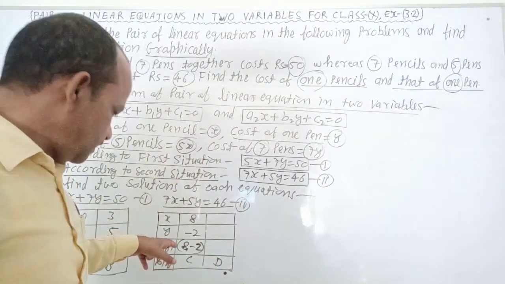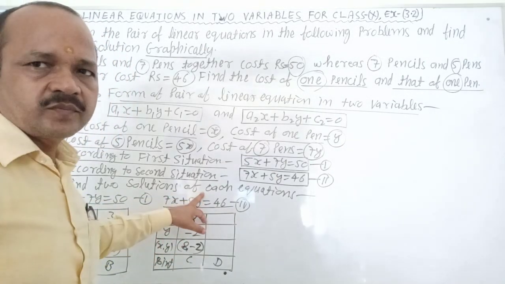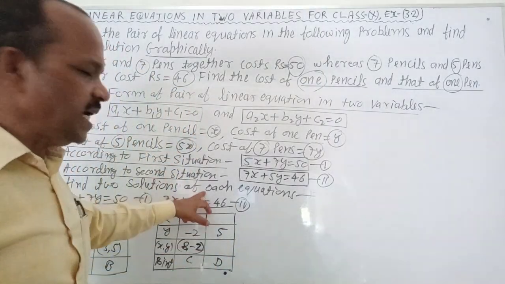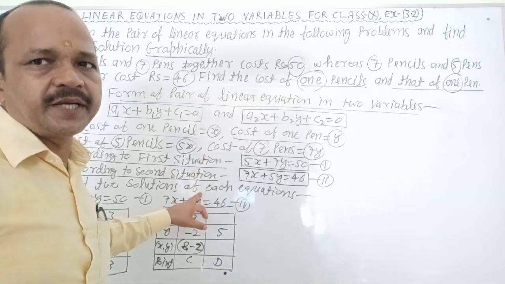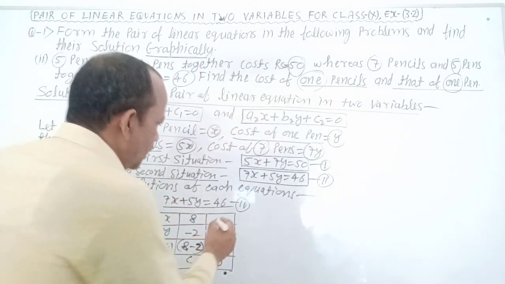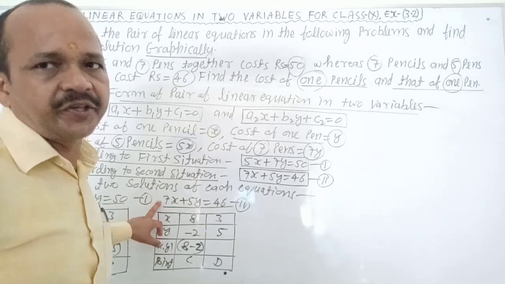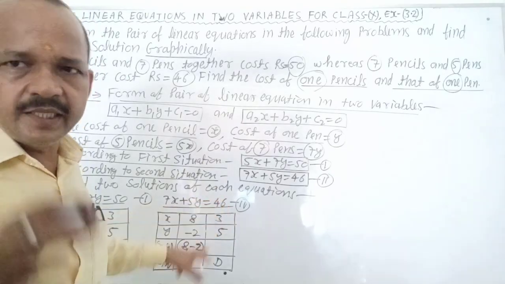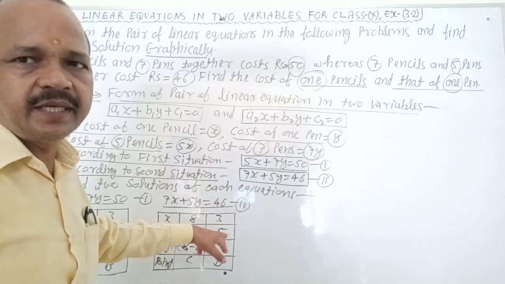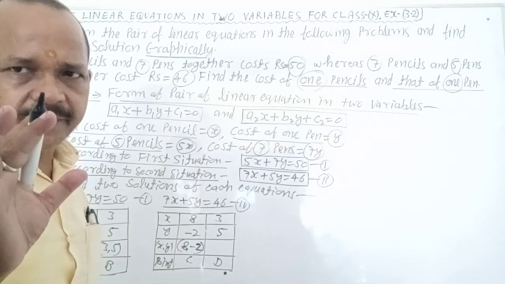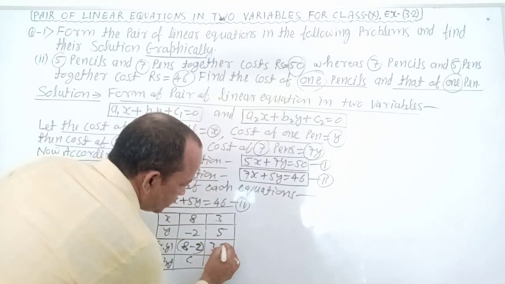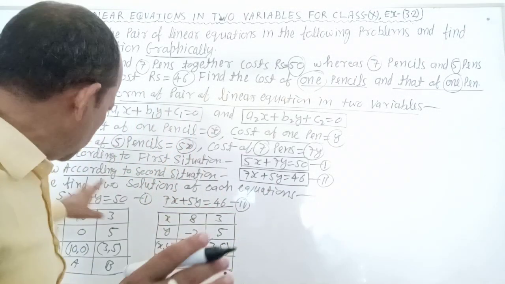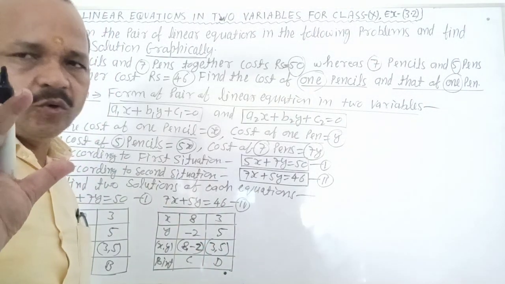Now you put the value of y as 5. Here 5 times 5 is 25. It becomes 25. Clear? Here you put the value of x as 3. 3 times 7 is 21. 21 and 25 become 46. Both are equal. It means the value of x and the value of y satisfy this equation. Clear? Your coordinate becomes 3 and 5. You found two solutions of equation second and two solutions of equation first. It is clear, no confusion about it.